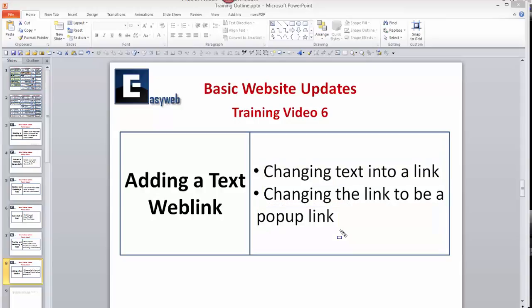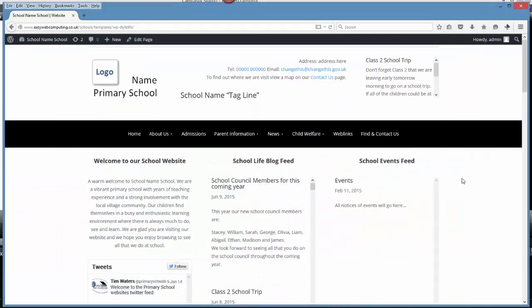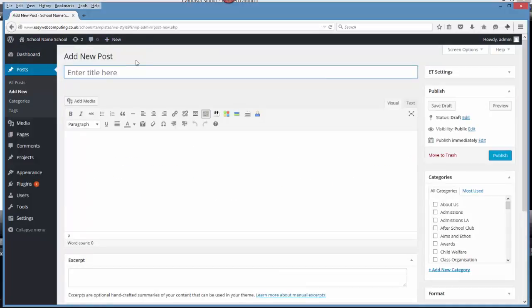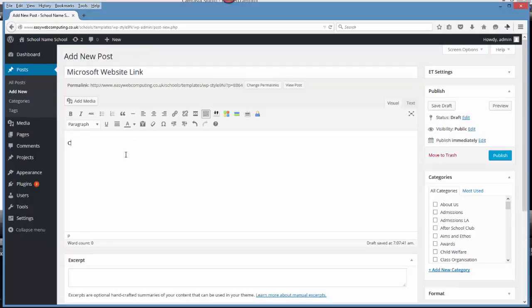Okay, let's go and do that. So here we are back at our template Style 9 website, and we're going to add a brand new post, and it's new and post. So here we are, we're going to make a link to the Microsoft website. So I'm going to simply give it a sensible title. And I'm simply going to put